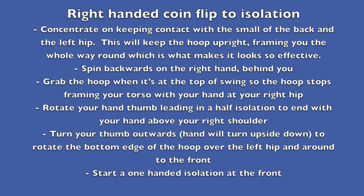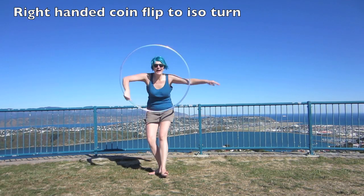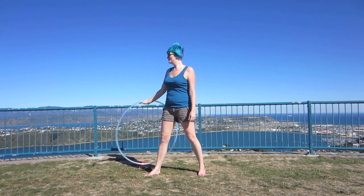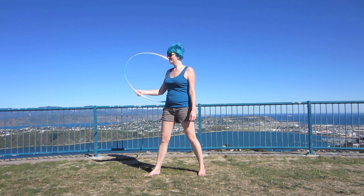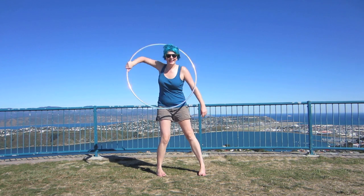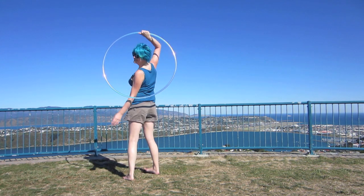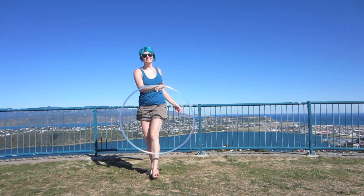You can also end the coin flip with an isolation turn. Most of this move is about the footwork, so if we concentrate on the feet, my feet are quite wide apart. When I do the stop, up to the top and twist, it's my left foot that steps backwards 180 degrees, and this allows me to twist all the way around to the front again, ending in either a spin